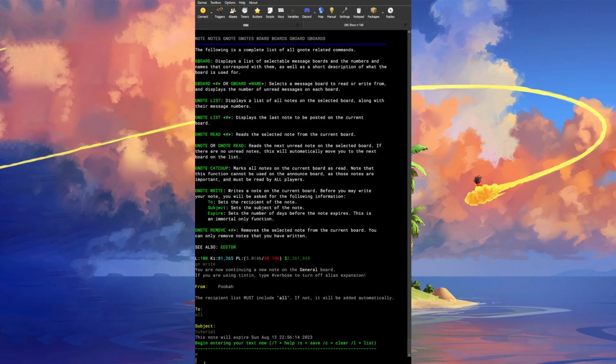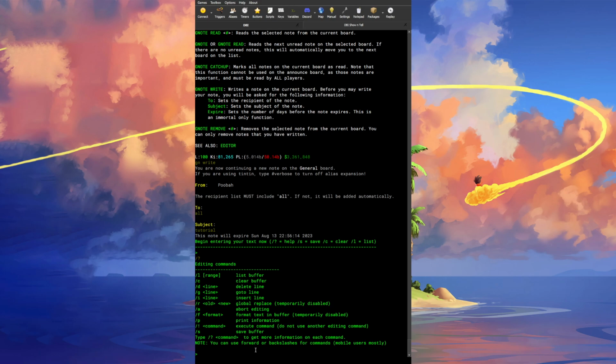As you can see, you get a few commands up here. If you type // ? you'll get the full list. This one's blocked. I actually confirmed this the other day. This would let you do commands outside of being in the editor. My understanding is that it let you do some kind of weird stuff that would crash the mud. And it's weird how the Gboard stuff works in comparison to the other commands in the mud,